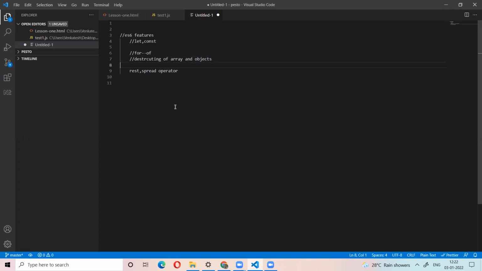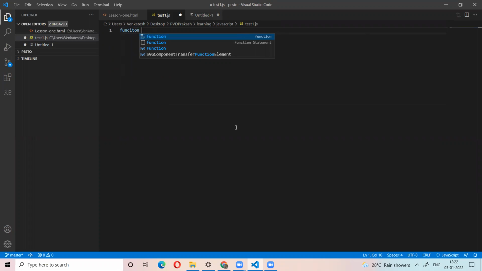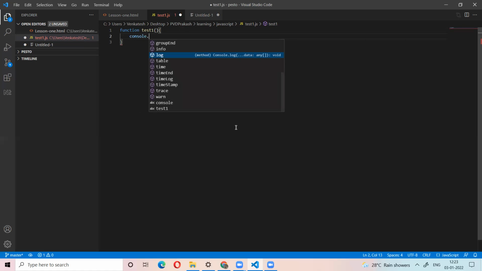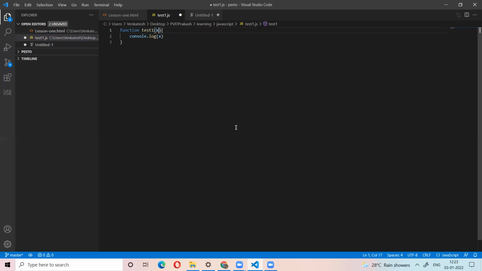And also arrow functions. You people already know arrow functions. I already told you, right? What is the arrow function? For example, we have a function like this. So this is a normal function. If you want this function as an arrow type of function, we use the parentheses, arrow.